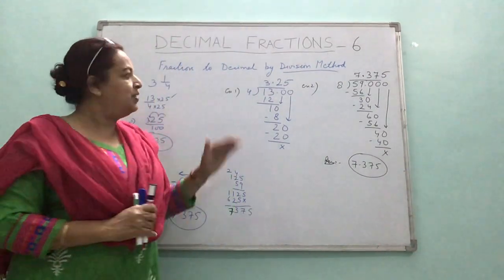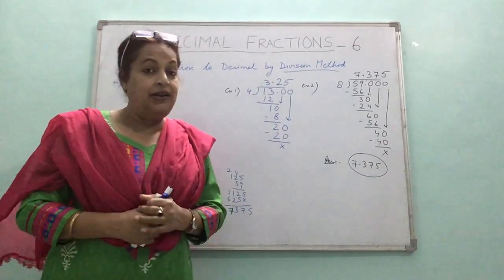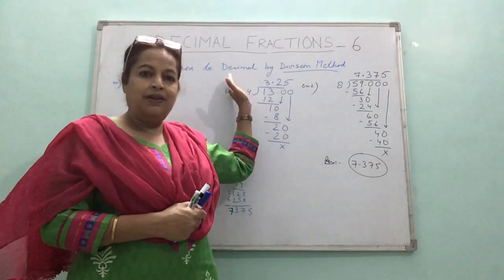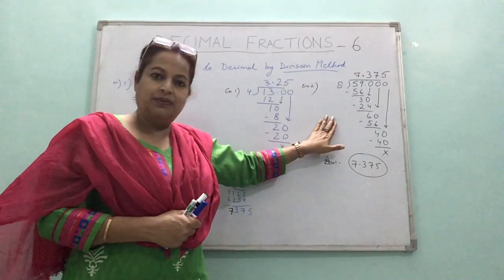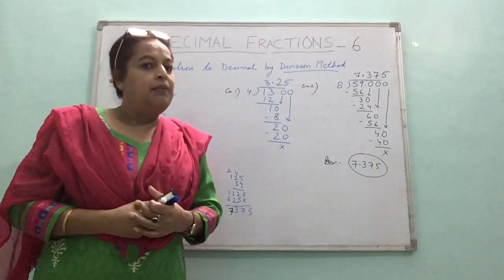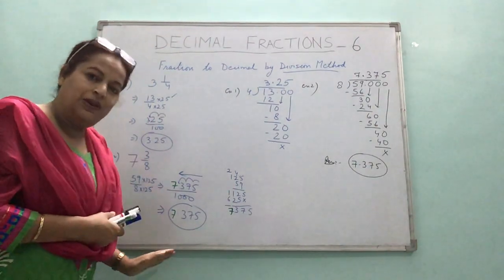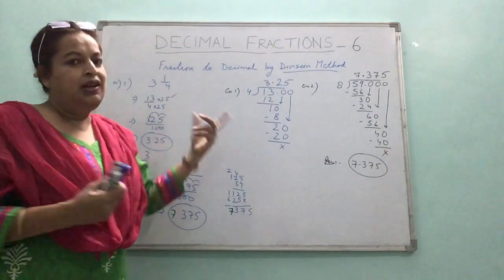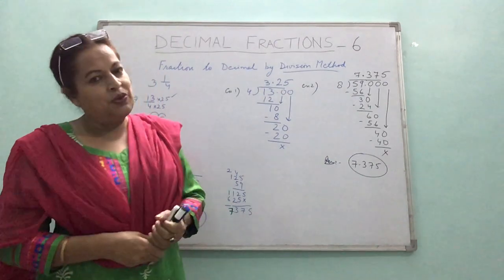So is it clear children? So you should know both the methods, and whichever you find convenient, use it, until it is stated in the question that you have to convert fraction to decimal by division method, then it is necessary that you go by this method. If the question says convert fraction to decimal by converting to decimal fraction, then you have to go by this method only. Otherwise, if you are just asked to convert this to a decimal, it is up to you whichever method you use. So that is why I have taught you both the methods.